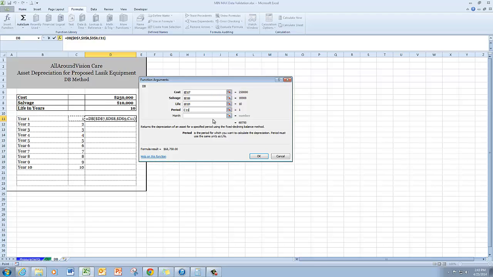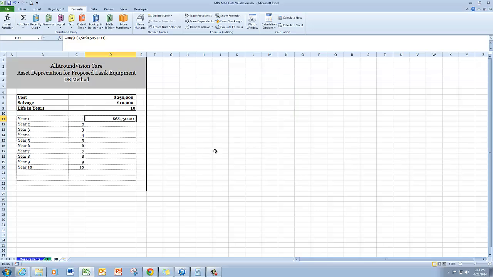You see here that we could also get as detailed as what month of that year this is. But you'll notice that month is not bold, so that means that it's an optional argument. We don't have to use it in the function, and if we don't put anything in there, Excel will assume that that is 0. So let's go ahead and click OK,